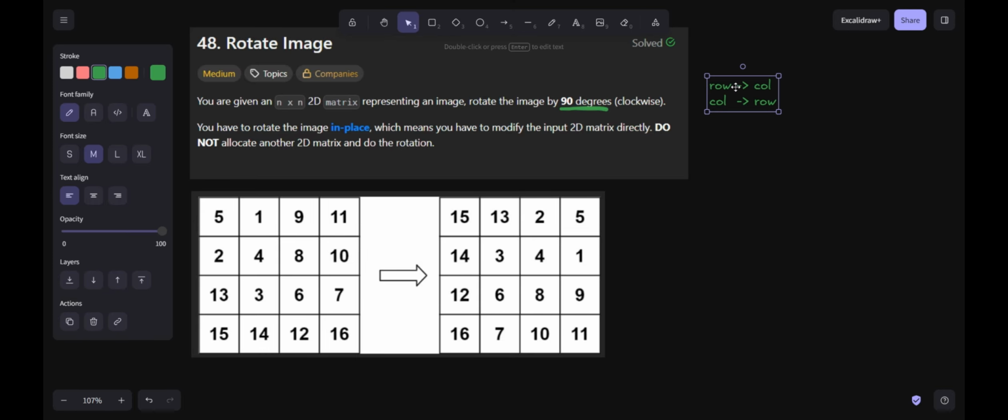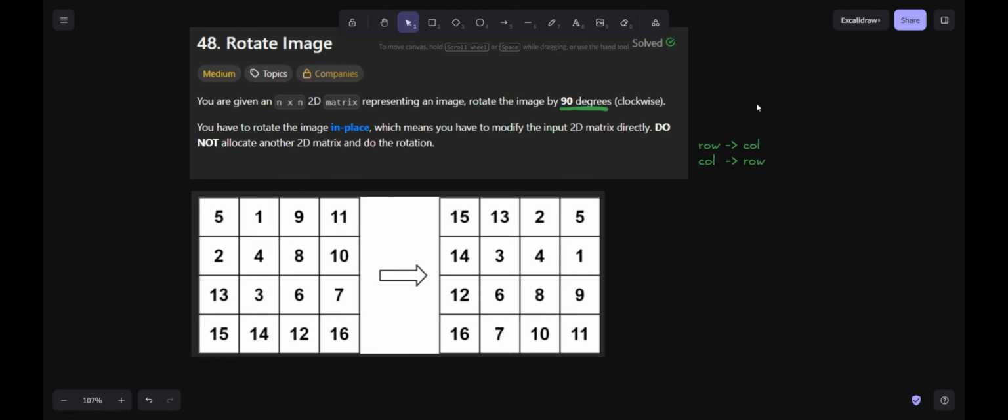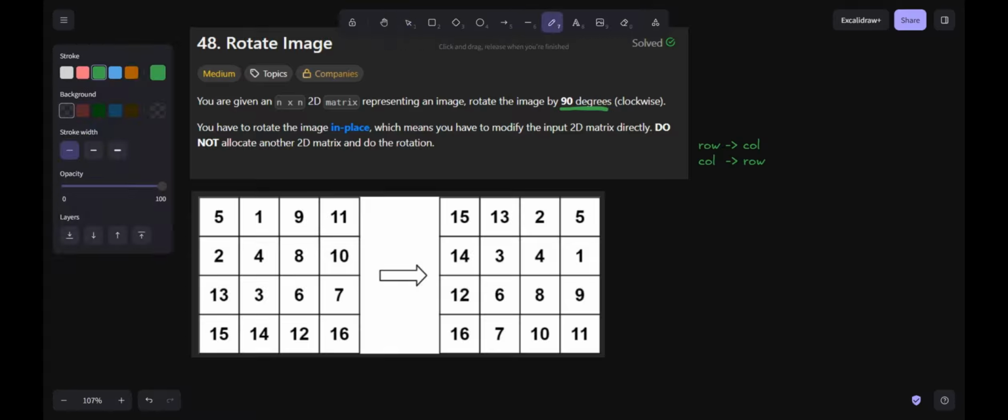This particular property is transpose, but we are not getting exactly a transpose in our answer, because the answer is not the transpose, it's something different from it. But we know for sure that 5 1 9 11 is a row that is going to become a column. Even 2 4 8 10 is a row that will surely become a column. We do not know which column yet, but we know it's going to become a column since we have to rotate every element by 90 degrees.